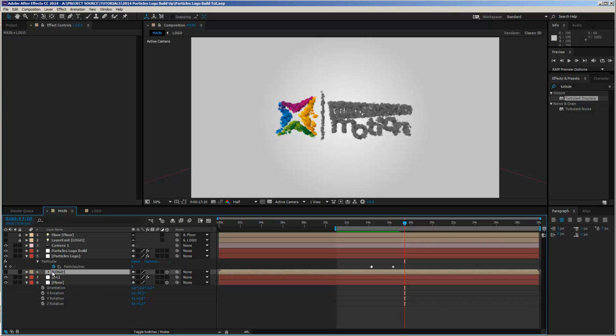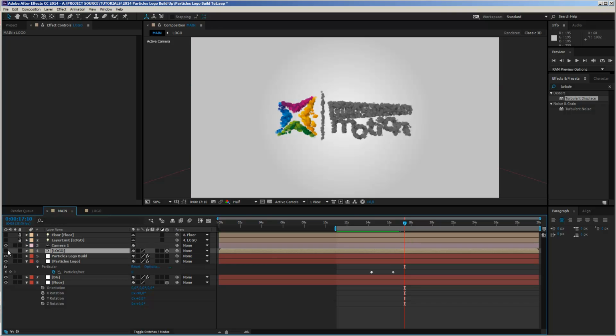We take our logo layer and drag it on top of our particles and just make it visible. And you see that it has the same shape. So we can use this to create a reveal. And the reveal will be very easy. You cannot mask particle layers, unfortunately, because if I could, then we could make a little bit more organic reveal here, but because you cannot draw a mask on a particle layer, I just have to use a very simple